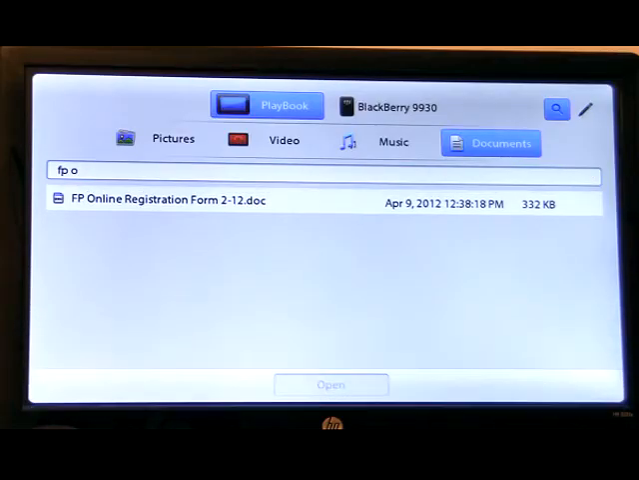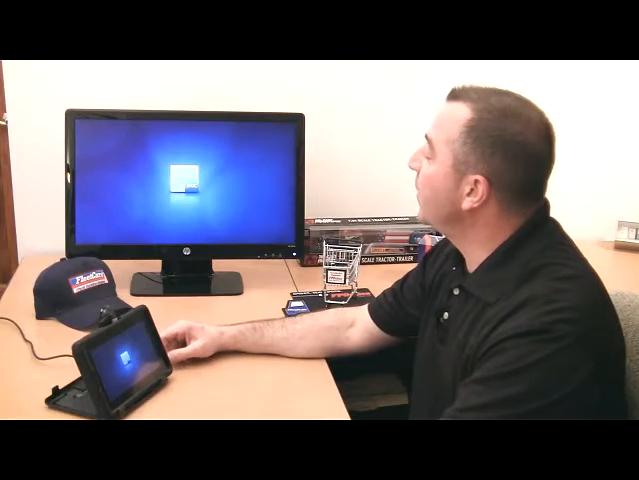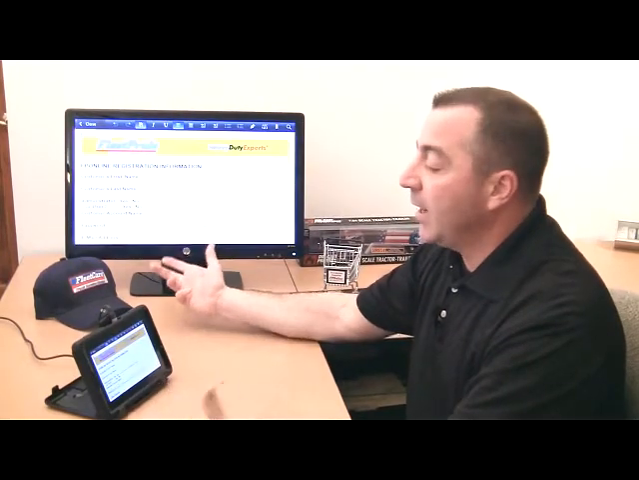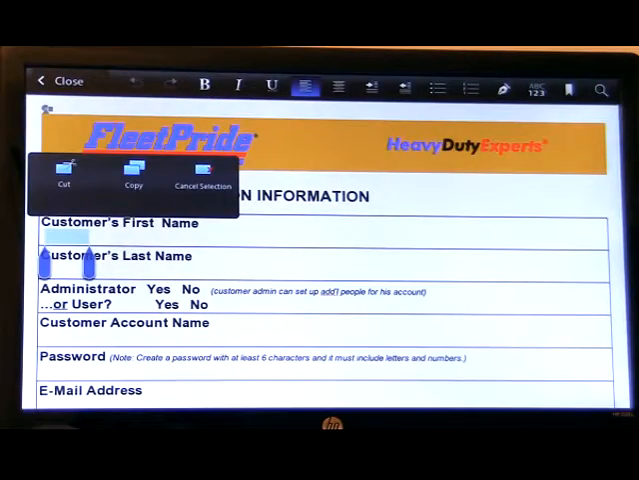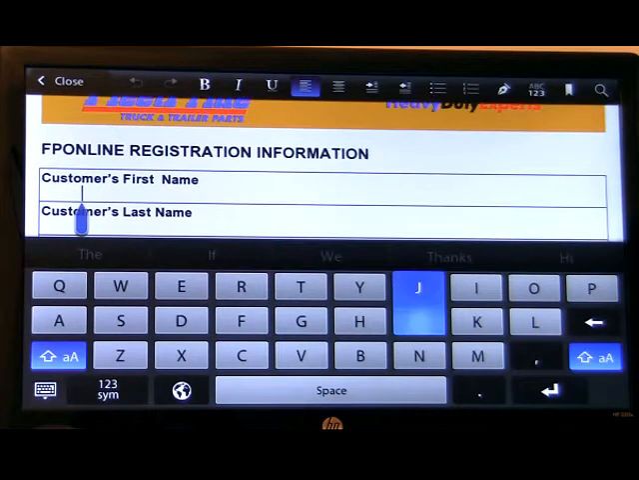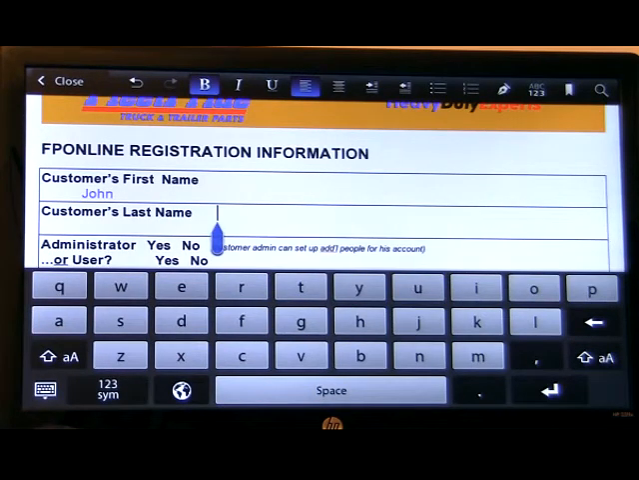So when I go ahead and open up that file, by tapping on that and hitting open, this will open up that document, which is now saved on the Playbook. Okay? So once it's on the Playbook, again, we can tap on it and open up your screen. Let's open up the keyboard and make changes to it. So if the first customer's name was John, and maybe their last name,